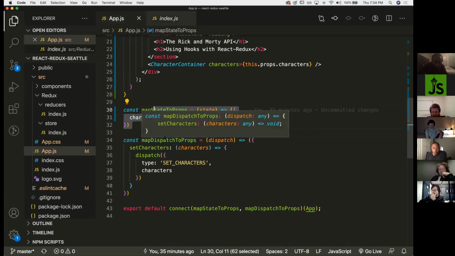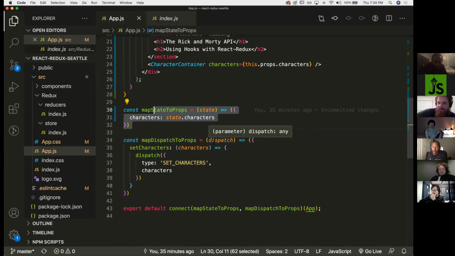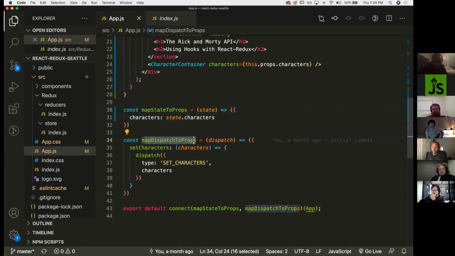Next, we got map dispatch to props. This is kind of towards Bob's question. He was like, hey, you just call that function and we have access to dispatch? Yes. In the old way, no, right? You had to write your map dispatch to props function just to get access to it and kind of go from there. Now you could, but don't get me wrong,